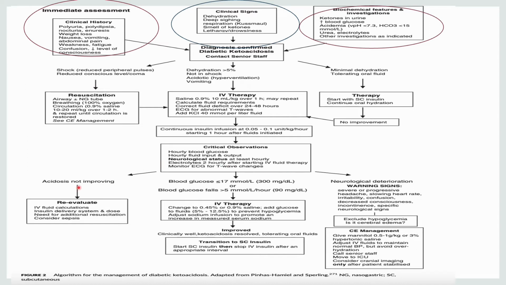If acidosis is not improving, let's say you have started insulin but the fall you expected in blood glucose and improvement in pH is not there, then you have to re-evaluate your diagnosis. It can be sepsis-induced hyperglycemia, or there can be a problem in IV fluid calculation, or a problem in the insulin delivery system. Sometimes we don't flush or prime the insulin line, so it will take time to deliver the insulin, or it will be absorbed in the line.